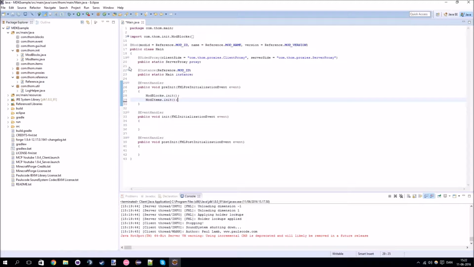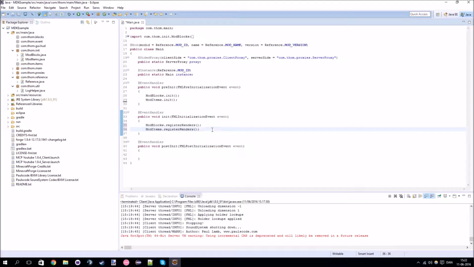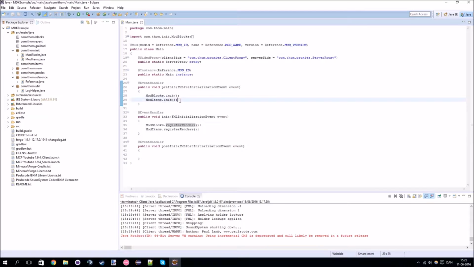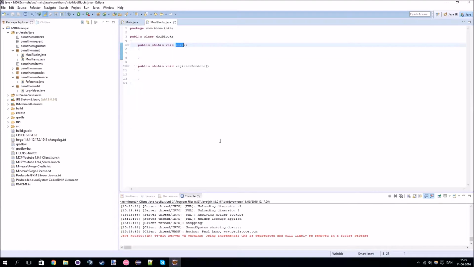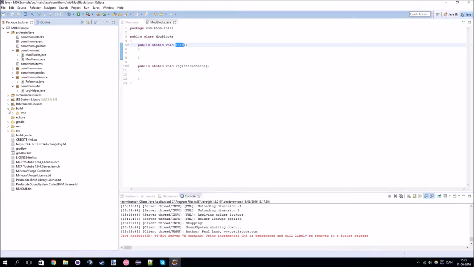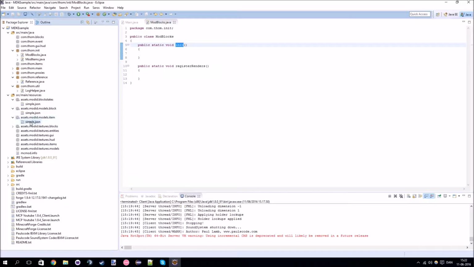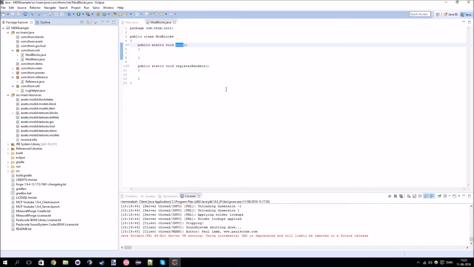You want to move those to your init, so that when the render registering actually happens, it doesn't throw you a null pointer exception when loading in the blocks. So yeah, that is all good. We're going to be making a block first. And that's actually one thing I want to remove first, because I did do some testing before because it did not work. So let me just delete those. Okay,